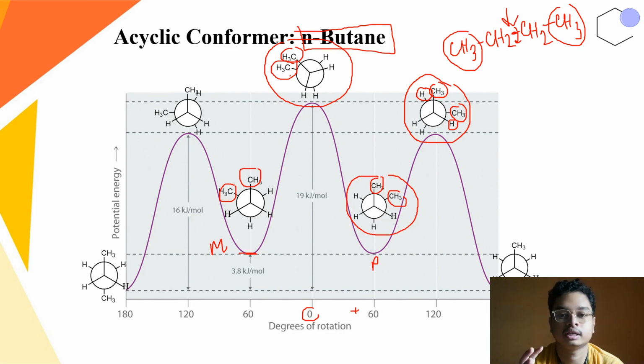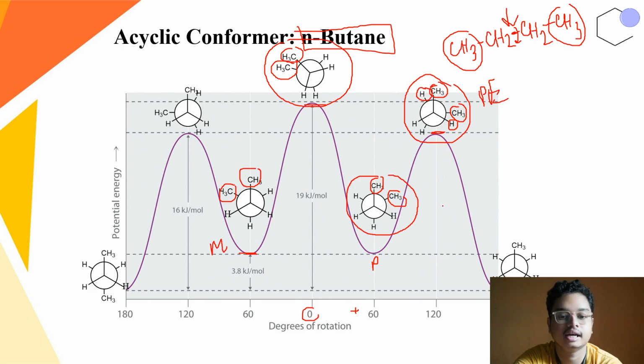So it is simple: when two methyls are at a 0-degree angle, that means a complete eclipse, the torsion strain as well as the van der Waals strain is much higher compared to one methyl and one hydrogen at a 0-degree torsion angle. Okay, so that's why this partially eclipsed structure has a lower energy barrier than the complete eclipse conformer,